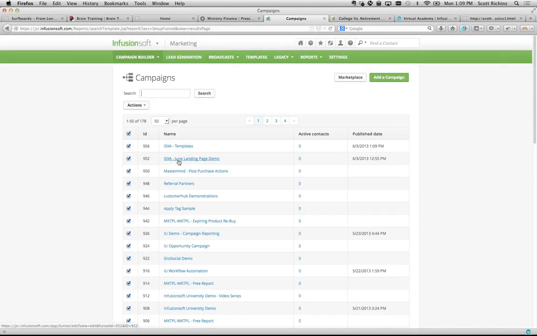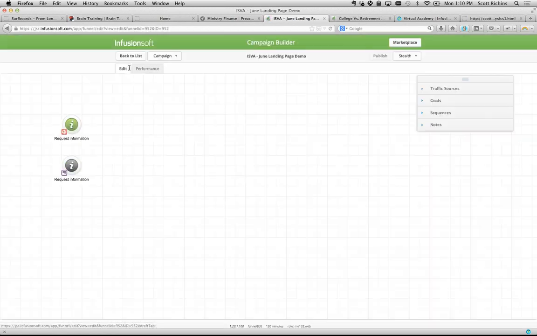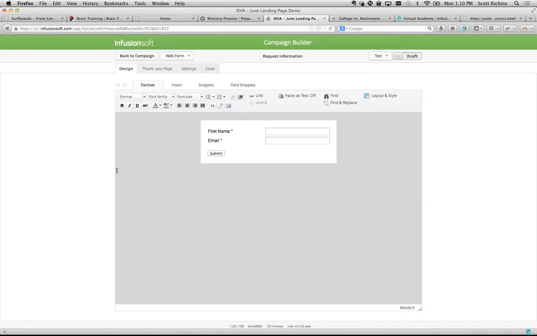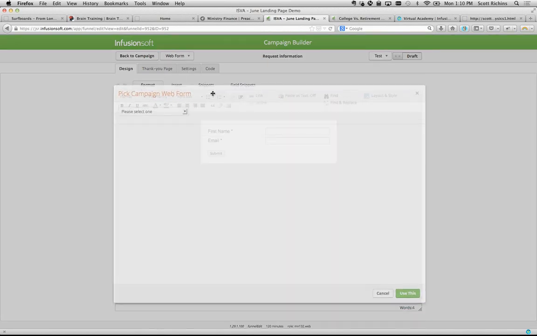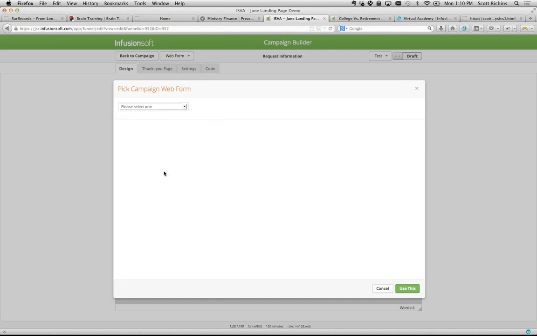When I go back to any other campaign that I have, I can go in to a web form. And yes, it will default to whatever that default web form is that I have in my branding center. But what I can also do is say copy from a campaign. So I can do this with landing pages. I can do this with web forms, Victor. Now I can go over and say, you know what? I've got this one that I called